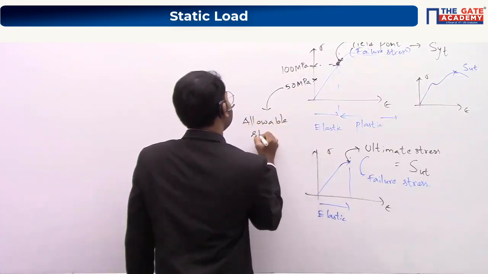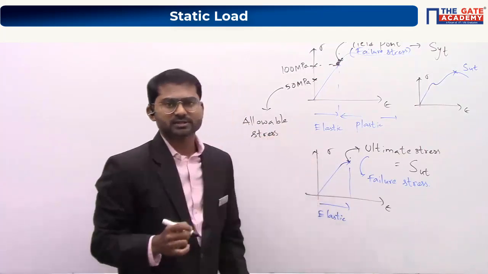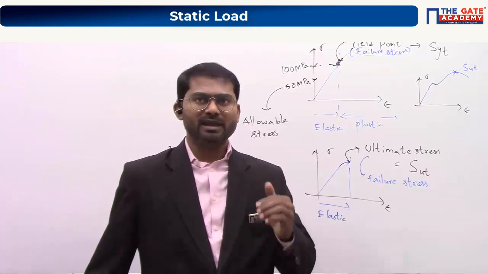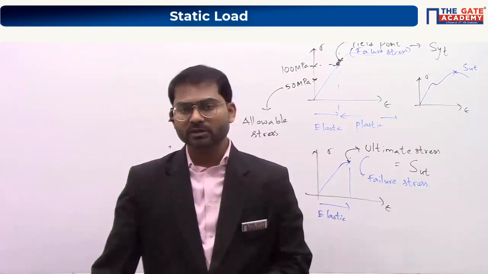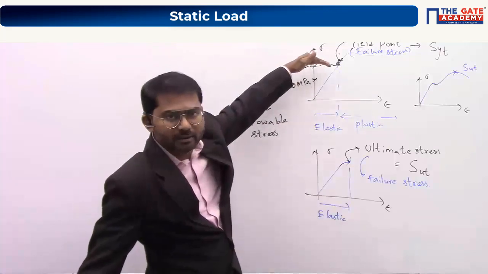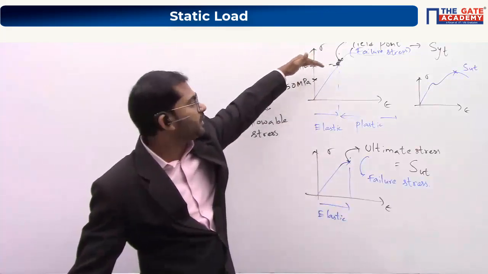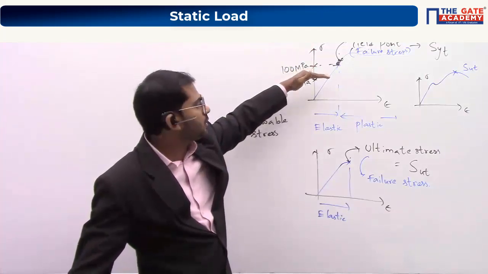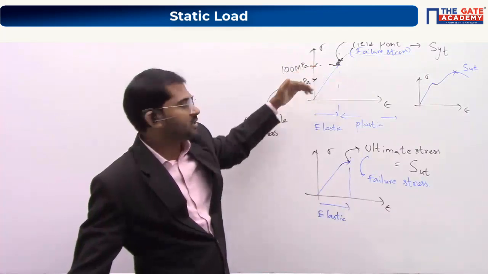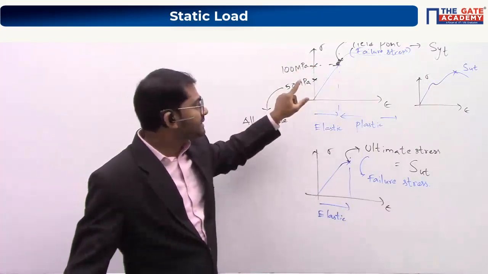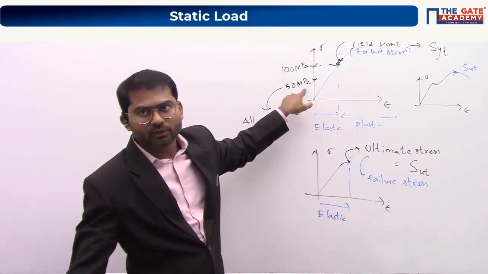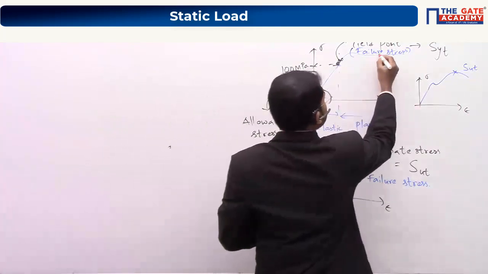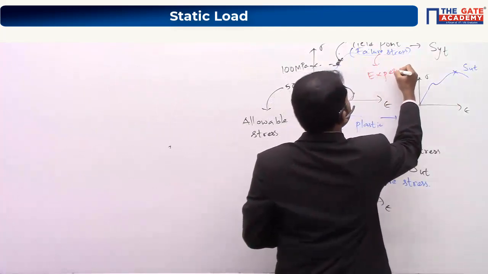So this value is equal to failure stress, and this value which we are taking or deciding, we call allowable stress. So due to many reasons, instead of designing with respect to failure stress, we will actually design with respect to allowable stress. Instead of keeping this as a limit and making sure stresses do not go beyond it, we will take this point as the limit and make sure stresses do not go beyond it. So this is called allowable stress. It is completely decided by you. Always keep in mind that failure stresses are always experimental.